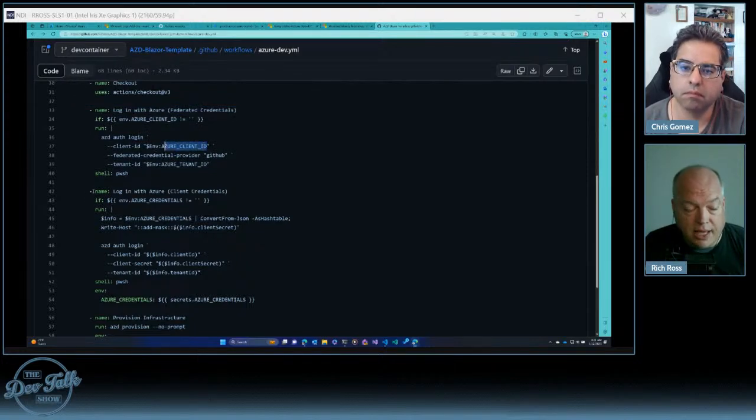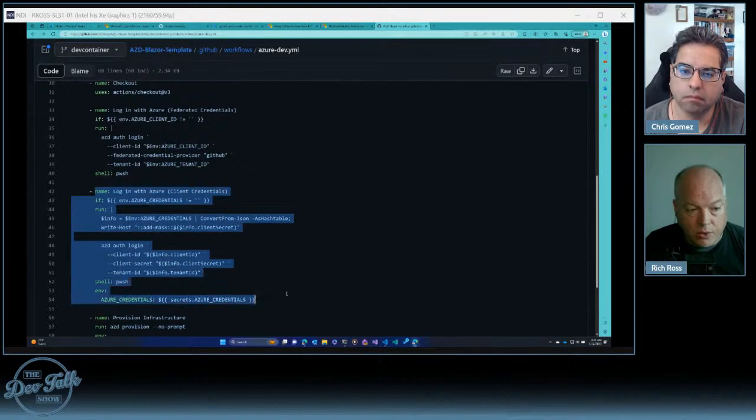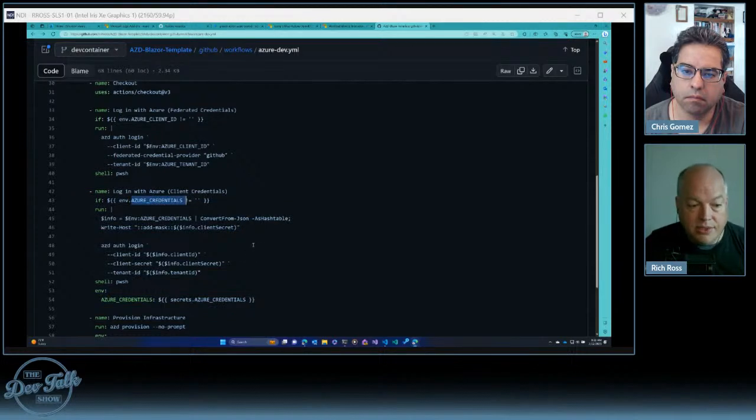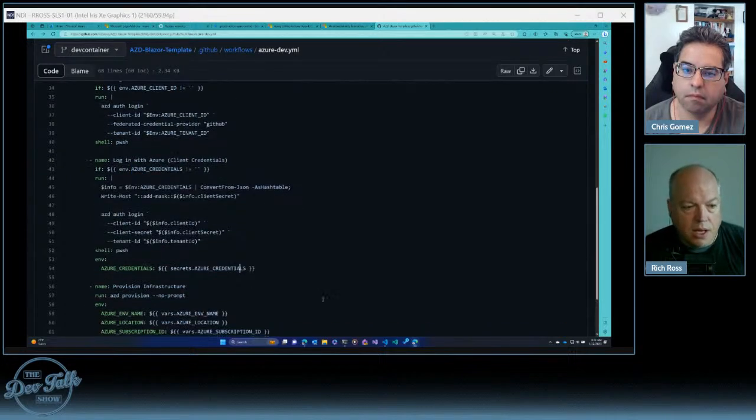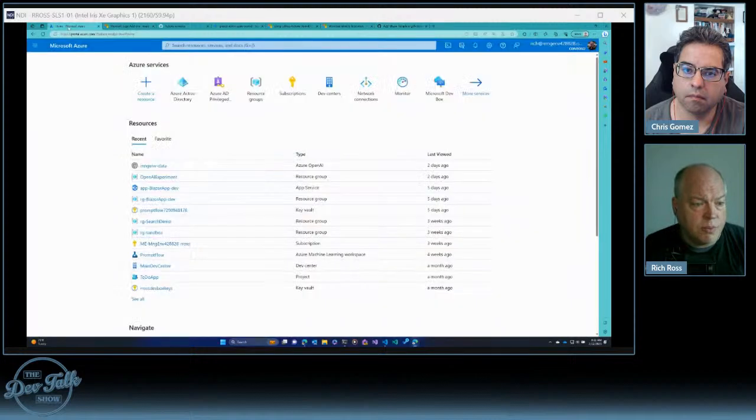And if you're not using that for whatever reason, then we're going to see if we can use the client credentials, in which case we should have a secret in there, which is your Azure credential, which is actually a JSON object that includes your client ID, your secret, your tenant, I think your subscription too, but it may not. Definitely your tenant. It has about a half dozen different variables in there. And then that JSON payload gets pasted into the secrets location named this way so that we can come back and find it again. But fortunately, and we'll show where this is, if we go back over to Azure,